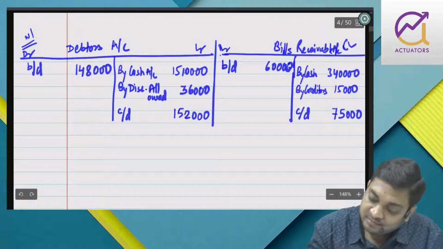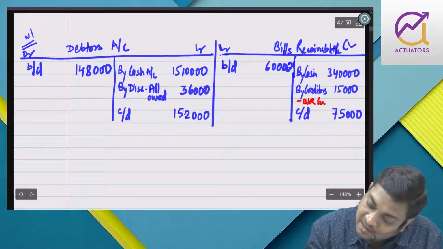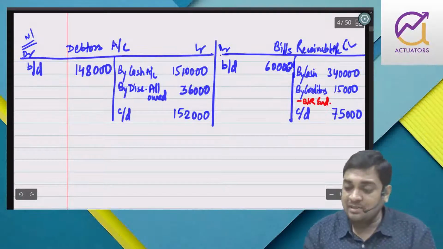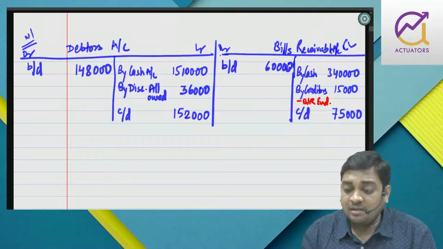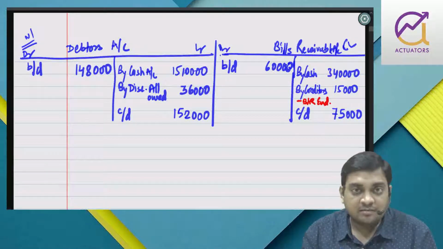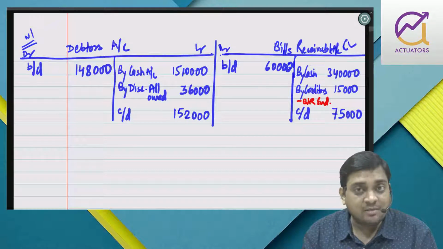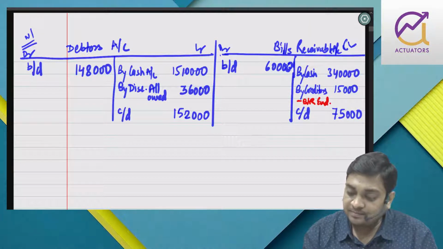Right? See, bill of exchange knowledge you need to have. BR endorsed, so creditor will decrease and bills receivable. Instead of accepting a new bill, whatever bill you had, you gave it to your creditors. Right? Whatever bills receivable, you can either hold it till maturity, or you can discount it to the bank, or you can endorse it to your creditor.